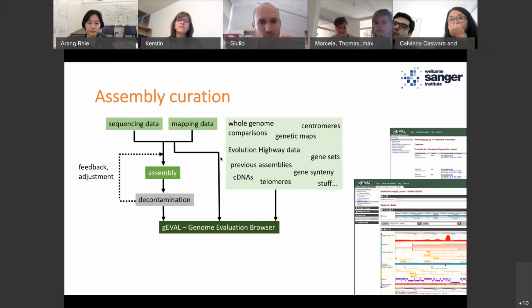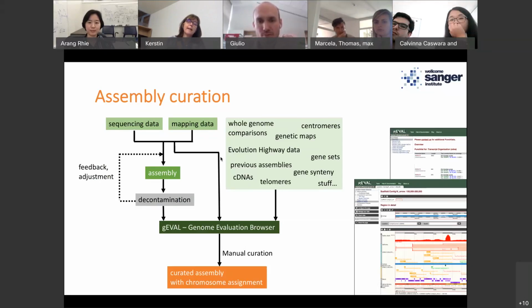Also into GVAL and look for discrepancies there as well. This then gets packaged up nicely by color coding discrepancies and making this all available to the curators, also in forms of punch lists that list all those discrepancies. And it then goes into a manual curation step where one of our currently 3 curators looks through everything that this assembly has to offer, makes the appropriate changes, and then ends up with hopefully a curated assembly with chromosome assignment that then gets submitted to the